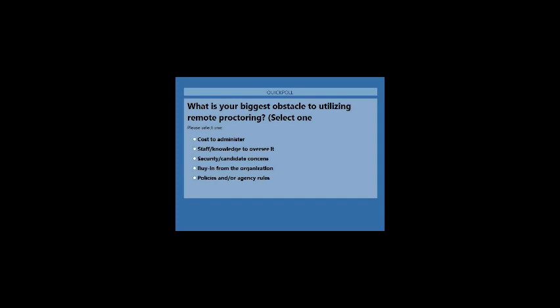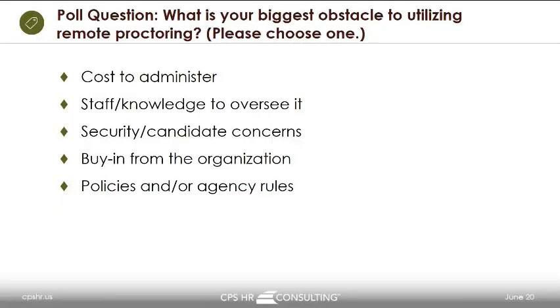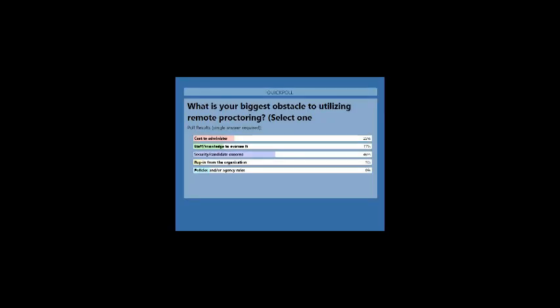Well, it looks like we have all of our results, so I'm going to close the poll now and share the results. Okay, so our leader was security and candidate concerns